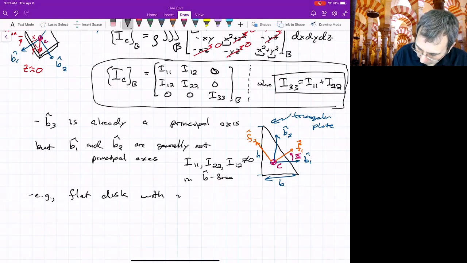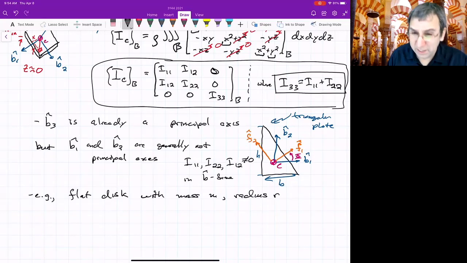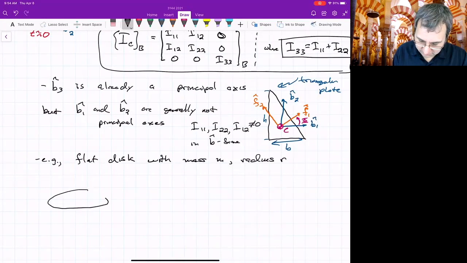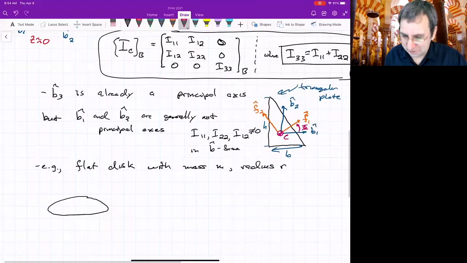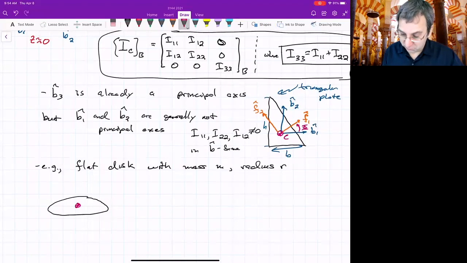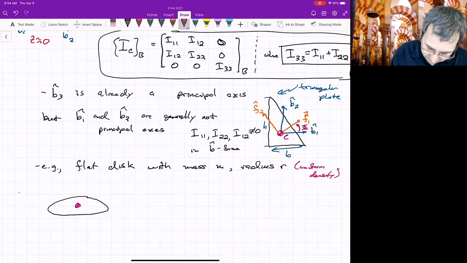Mass m, radius r. Because of the symmetry of a disk, let me draw a disk sort of seen from a side view. It should be straightforward to find where the center of mass is. It's in the geometric center of the disk, if we're talking about uniform density. Nothing tricky here. It has a mass m, and if we follow this procedure of making B3 be normal to